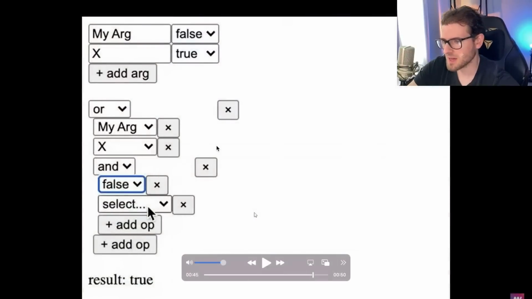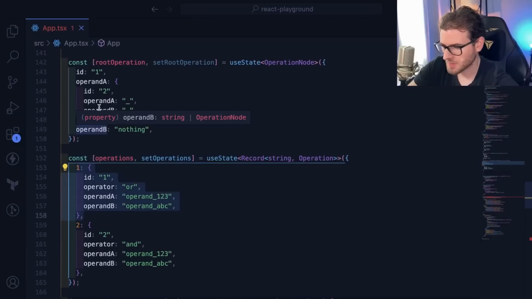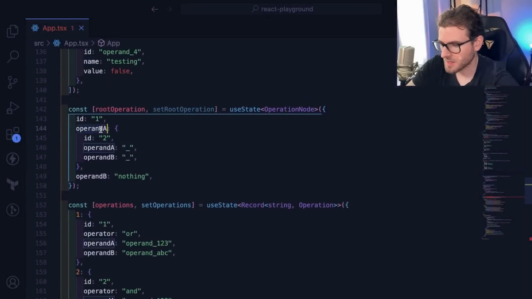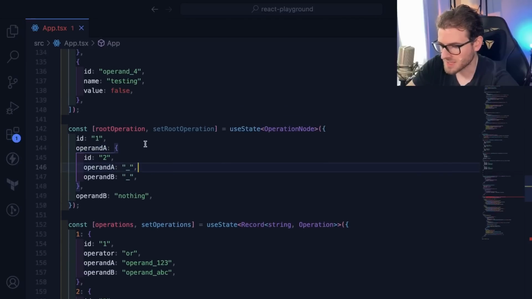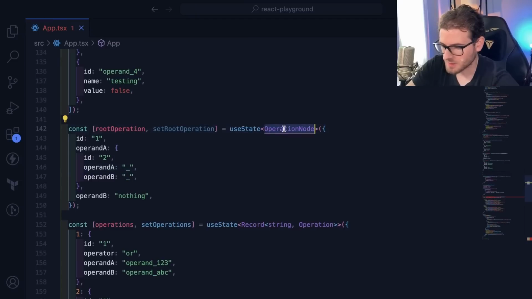Okay, I think I should just do this. I'm already invested, right? Now add operation. I could also work on that too, where if you do an add operation, it needs to push a unique ID into this thing, but then it also needs to, depending on where you clicked on add operation. Yeah, this throws a whole wrench into everything because now you can have an array of operators. It's not just a tree. Like this thing would have to be,